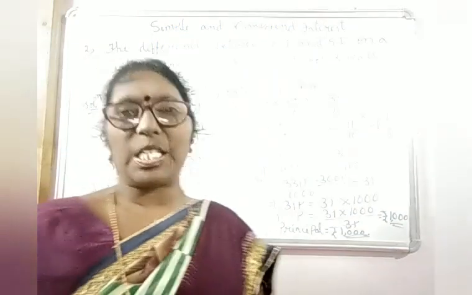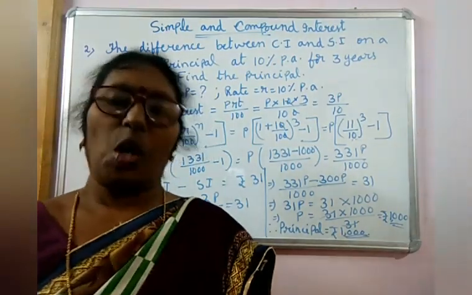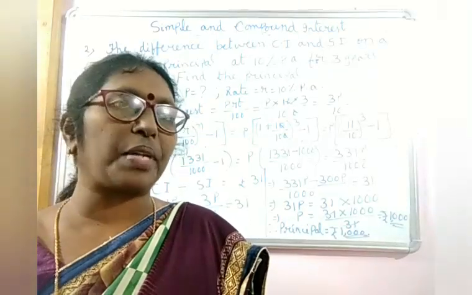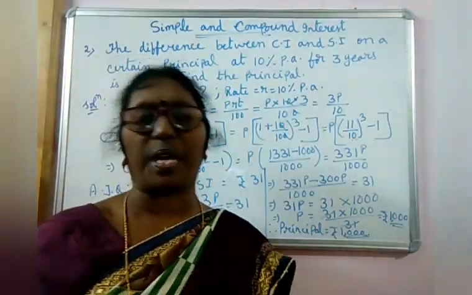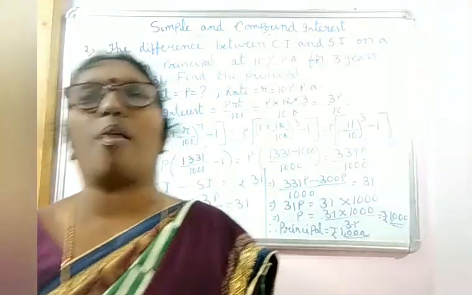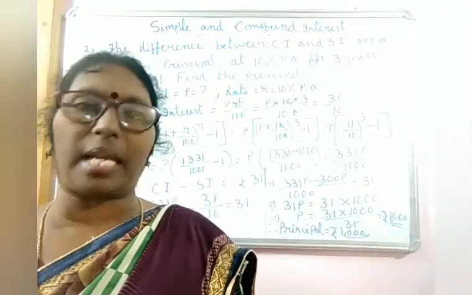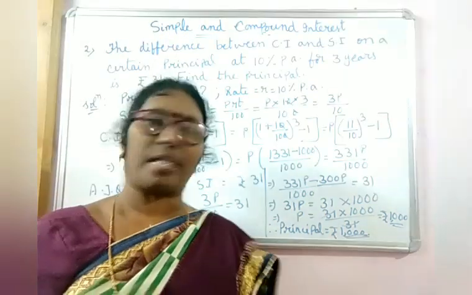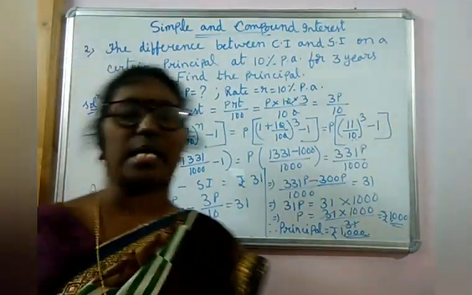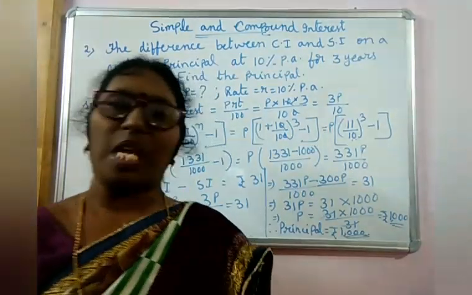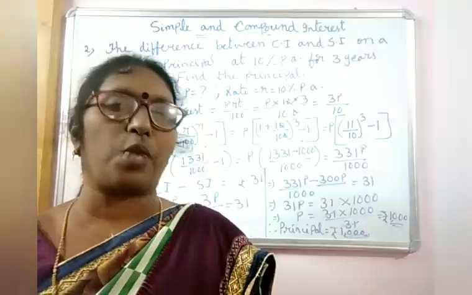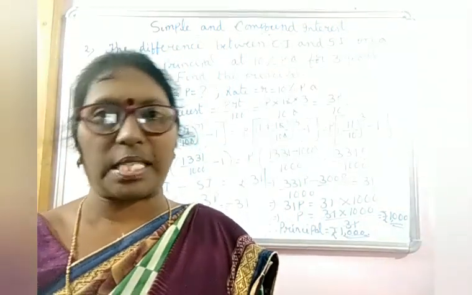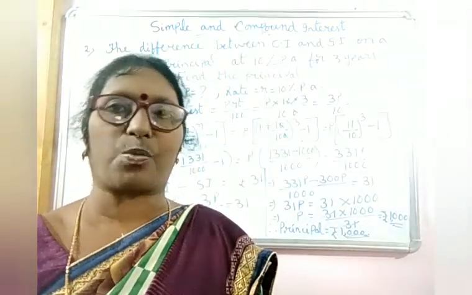So with this, I have done all the varieties based on simple interest and compound interest: how to find the amount, how to find the compound interest if compounded annually or half yearly, how to find the principal, the time, the rate, and how to find the principal if the difference between CI and SI is given. I explained different varieties in different classes. Please go through them and make the concept clear. Try to understand and practice well.